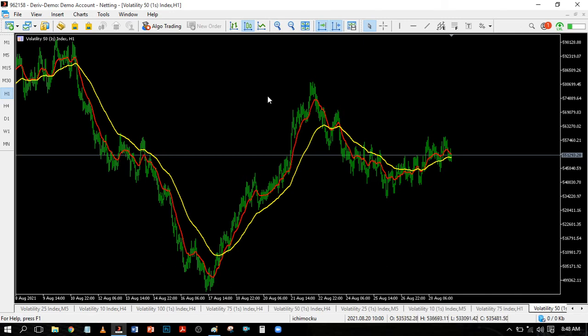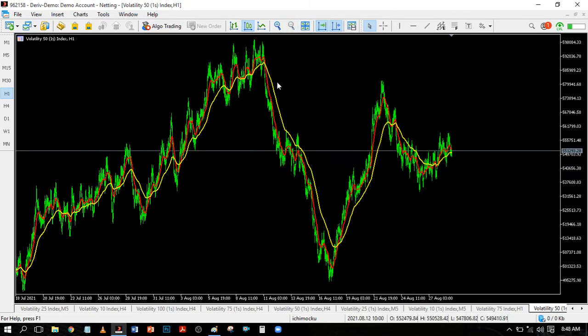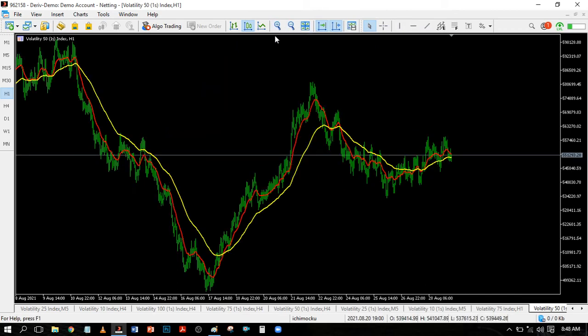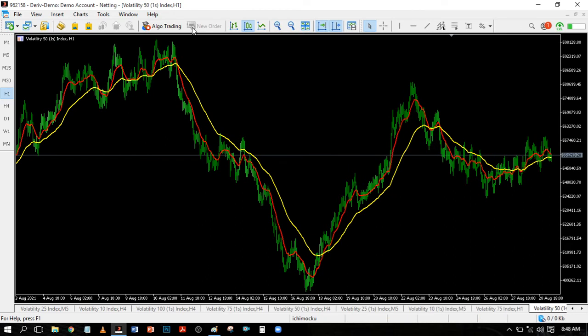Now quickly, how can we actually spot the market structure? Remember I told you that this market here is a downtrend, because I really understand how the market works. Even without indicators I can spot it. But how did I know it's a downtrend? Simple. The market moves up, down, up, down, up, down. Now whenever your 13 crosses your 50 moving average,